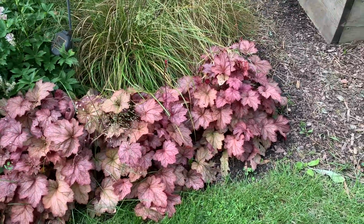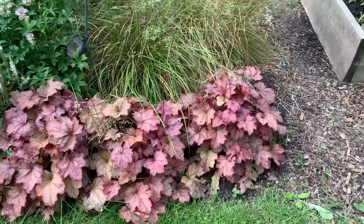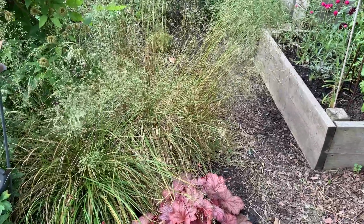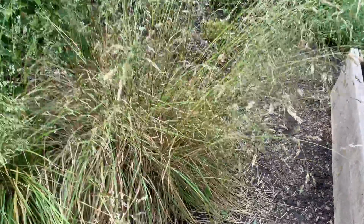Heuchera is still looking good. It's about 7 o'clock in the evening, so it's a little muted over here right now. These grasses, I was going to shear them back, and they're just brown, but this would have created an even bigger hole. I mean, look. Last year they were gorgeous. I mean, this is pretty, but